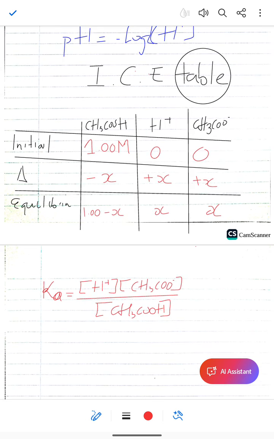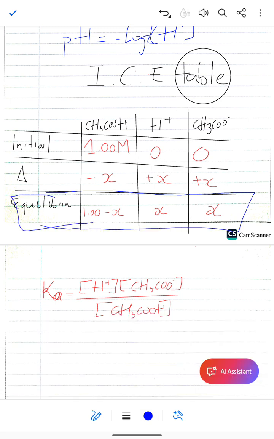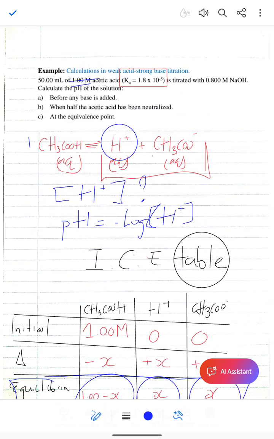So at equilibrium you have these concentrations, so I'm just going to put my concentrations into this formula, and you know that your Ka from this question is simply